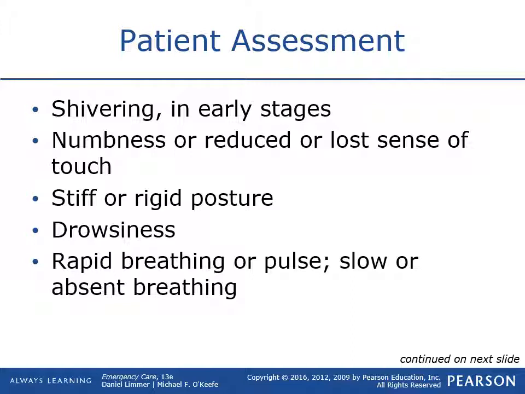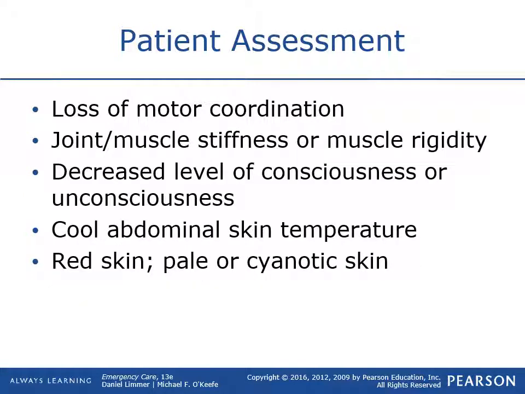They can have rapid breathing, just the body's reflex of trying to warm up. They could have a slowed pulse from metabolism in the body going down, or they could ultimately be apneic. They could have loss of motor coordination, with ataxic walking or not being able to walk at all. With decreased level of consciousness, they could be completely altered or completely unresponsive, and generally they're going to be cold. They can have pale cyanotic skin, or also some red skin from possible infections or things of that nature.